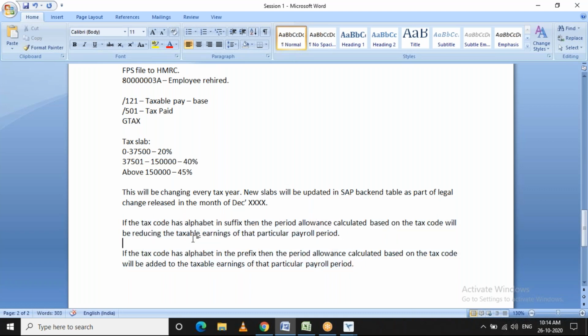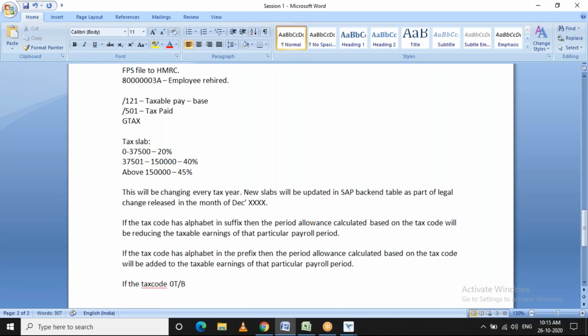Clear on that tax code part, prefix and suffix alphabets? Yes.